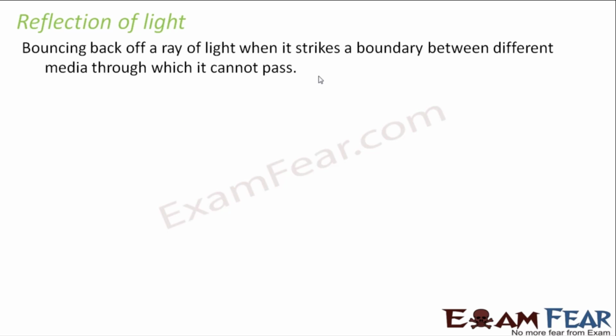Then what happens? Let's suppose this is my boundary. It is some object through which light cannot pass. So what will happen if a ray of light falls on this boundary? It has no option to pass through it. So what will happen? It will bounce back. So this phenomenon of bouncing back of a ray of light when it strikes a boundary between different media,